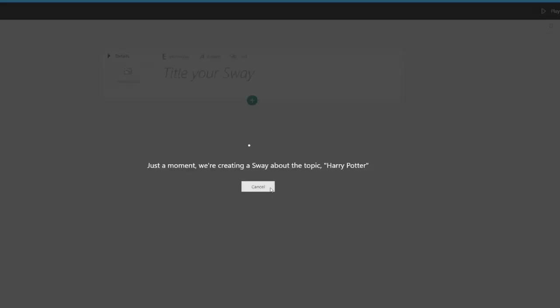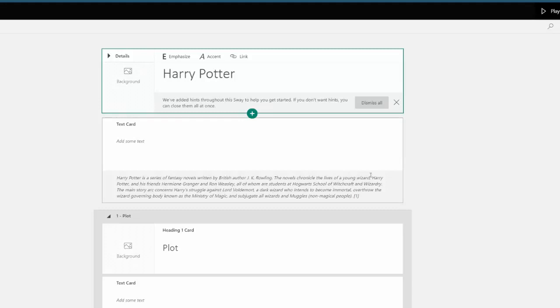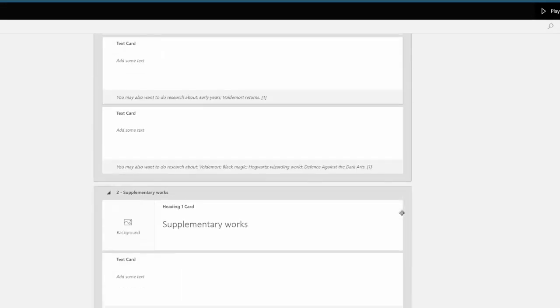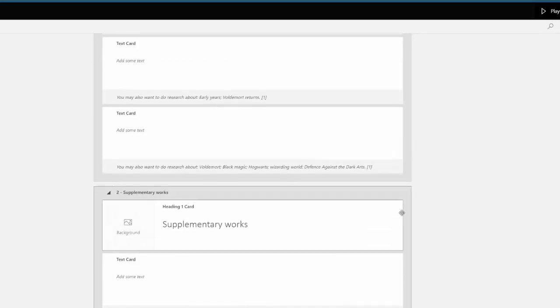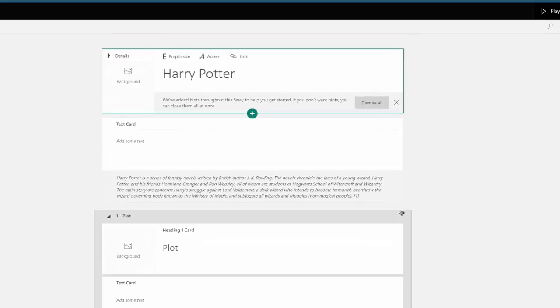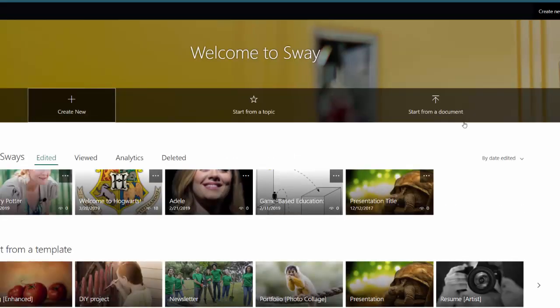It's taking a second to create that outline. Now, as you can see, this outline doesn't contain too much information or a whole lot in the way of visuals, but it does provide some basic structure for someone who may not know where to start. But we're going to go back to our main page because we also have a third option.